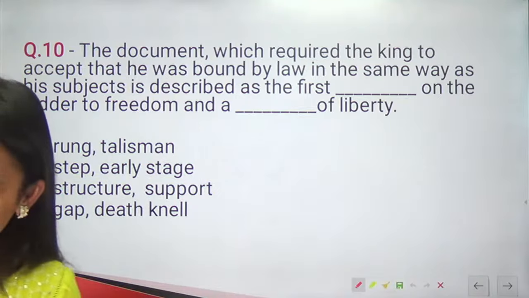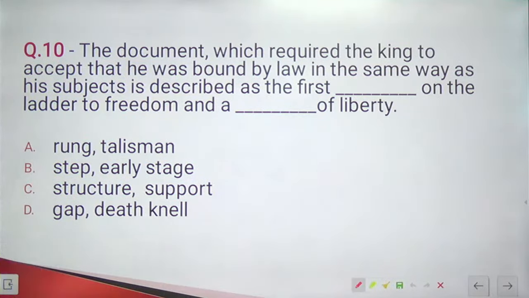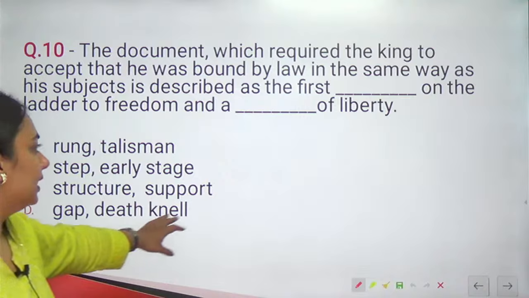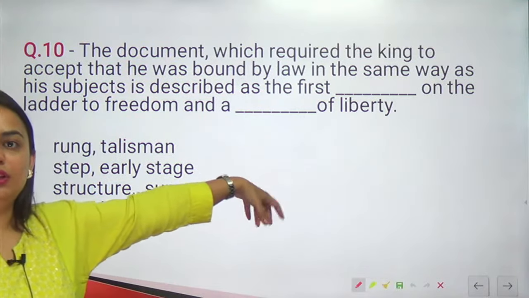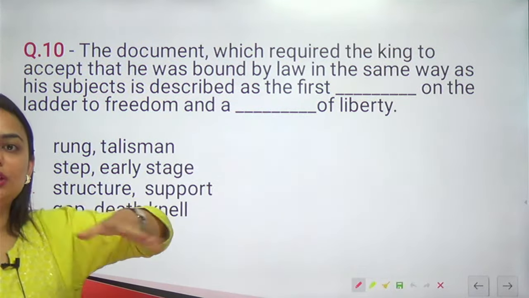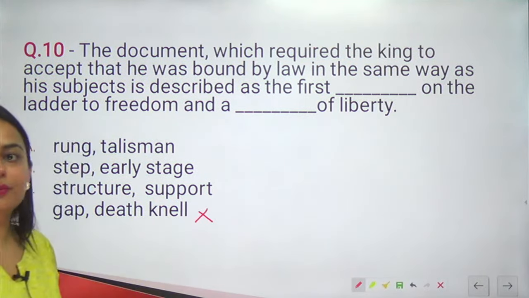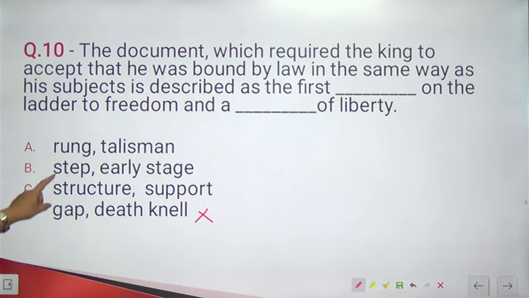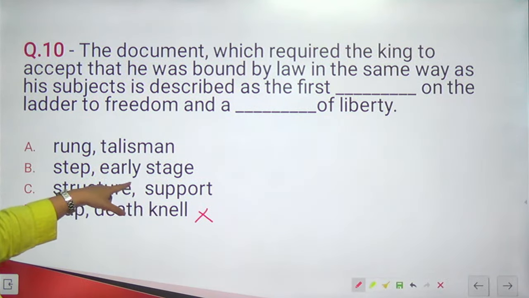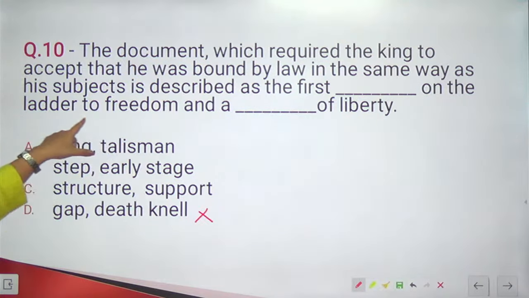Okay, if we start by elimination method, can you say death knell of liberty? These words are quite opposite of each other, doesn't go well together. So death knell we won't say. So should it be step and early stage? Described as the first step on the ladder to the freedom. And